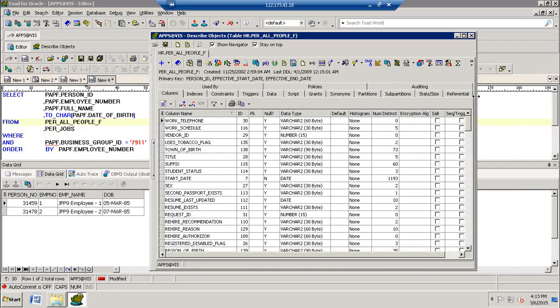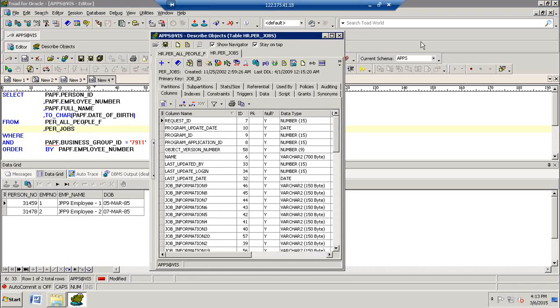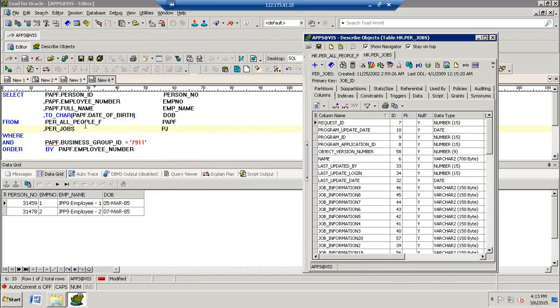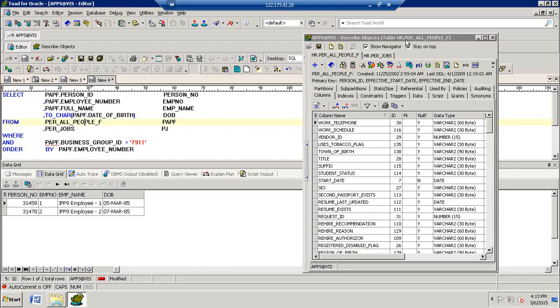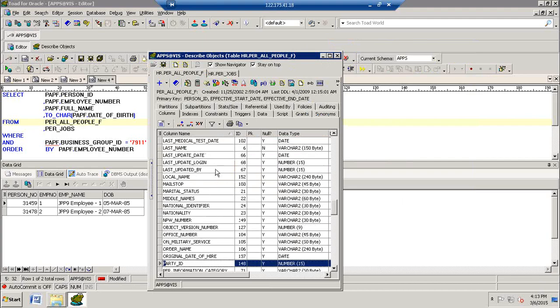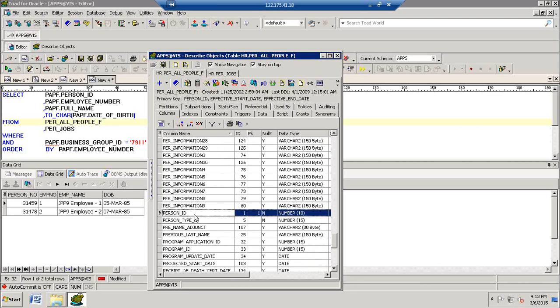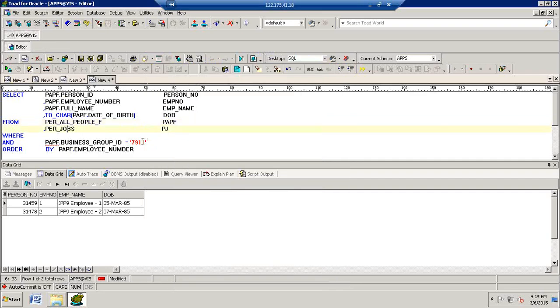Here we have a table, right? Here we have one more table, per jobs. For per all people F, okay, fine, not a problem. In that, for per all people F, we have a person ID, but we don't have the job ID. Have you found this here? So if you go to search into the per jobs,